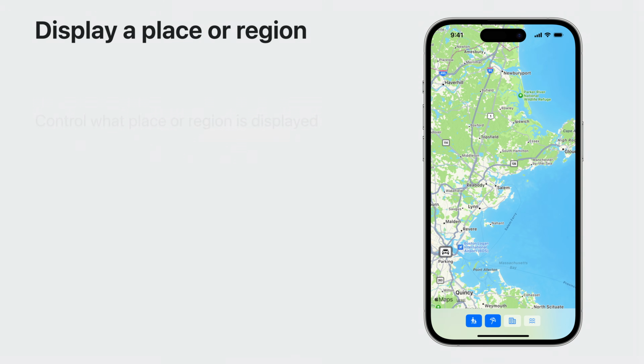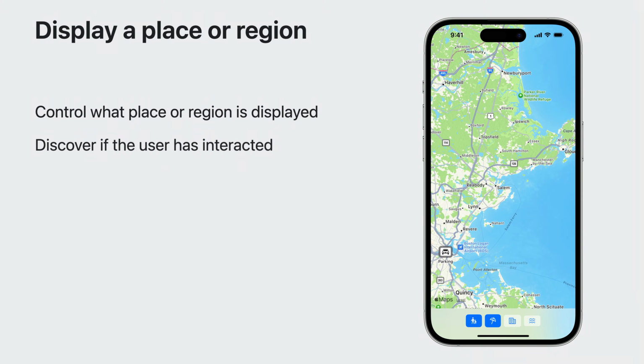To recap, I've used safeAreaInset to display some buttons above the map while making sure they don't obscure the search result markers. Next, I'm going to put the app in control of what's displayed by the map. I've been adding content to the map. Each time I have, the map has automatically framed my content for me. I'll show you how to enable this convenient behavior when you need it. I'll also show you how to display something else entirely, like the Boston area's North Shore coastline.